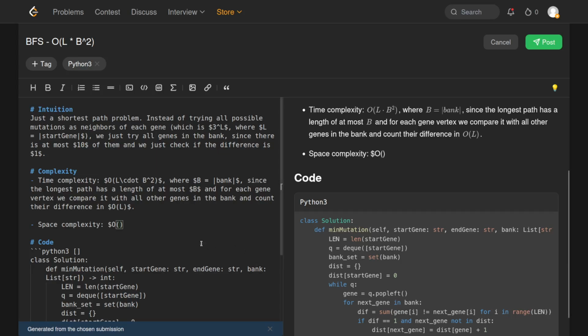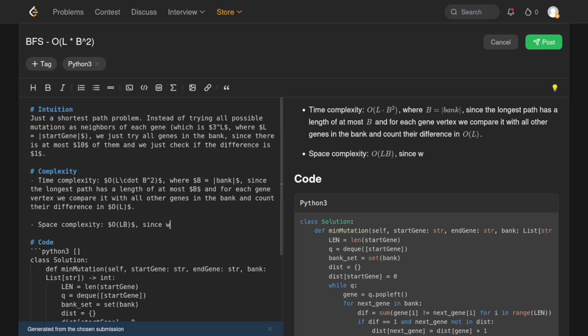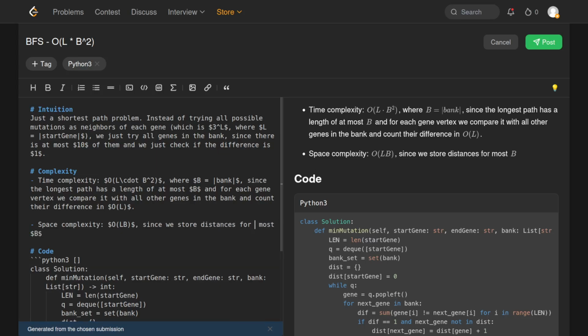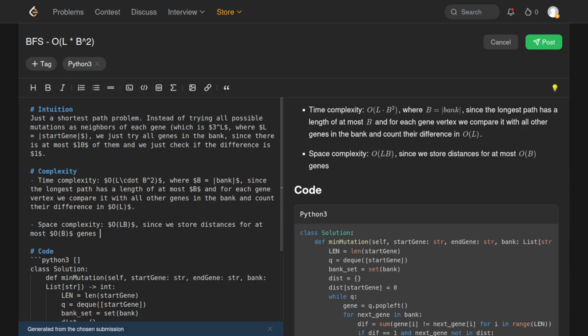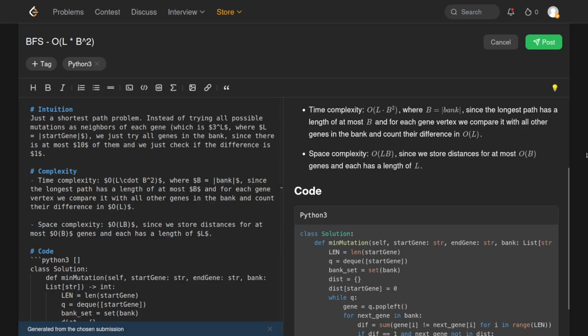Okay, memory is, I guess memory for the BFS is this, since we store distances for at most O of B genes, and each has a length of L. Okay, post, and